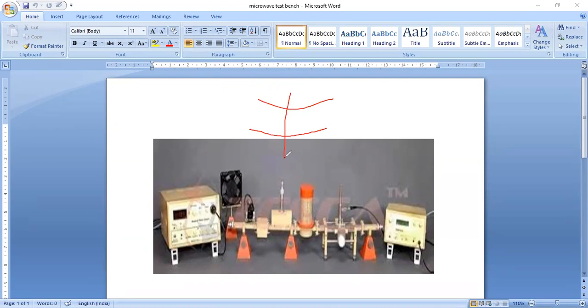Where you are going to get the dip. Dip is nothing but where you get a small decrement in the output. At that position, you should take the output in the frequency meter. That is called the dip. Between those two lines, you should take the reading. That is called a direct frequency meter measurement. You will directly get the frequency, the micrometer reading, from the data sheet.